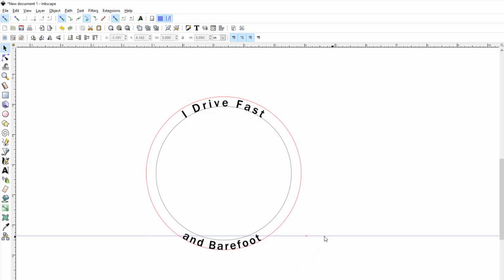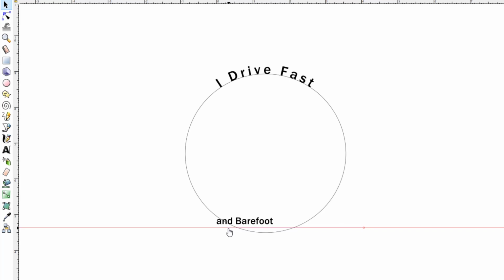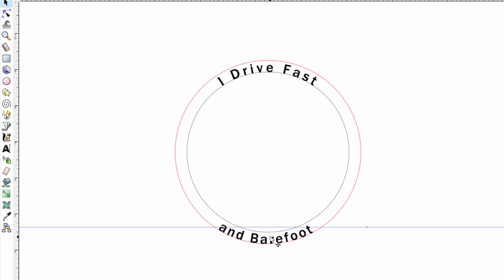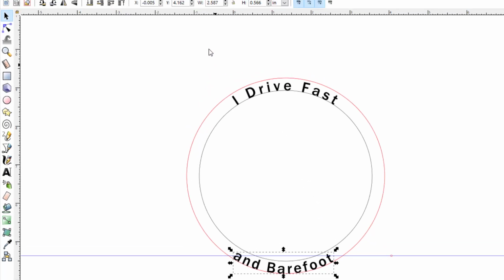Now we have a problem, all right, because now everything here looks great, but I don't want this circle anymore. If I click on that circle and I press the delete key, what you have done is you have erased the path for that text to be on. All right, so we're missing a step, a very important step in the process of keeping the text on the path. So if I press Control Z on my keyboard, and this time I select my text,